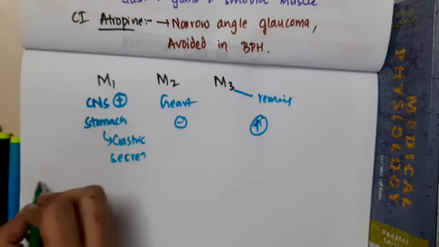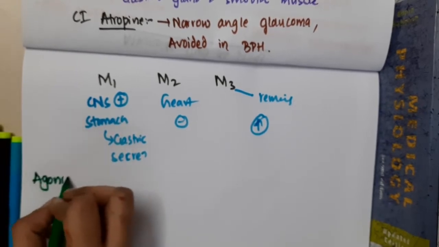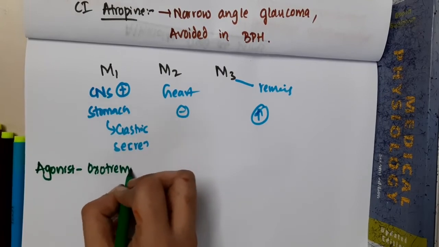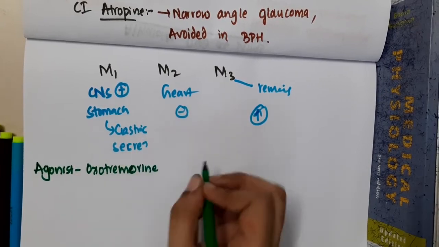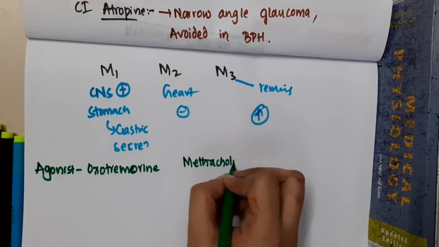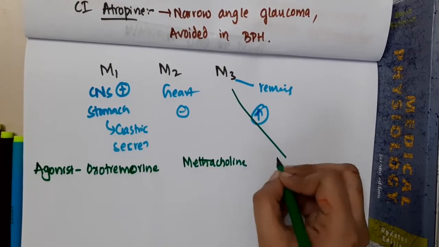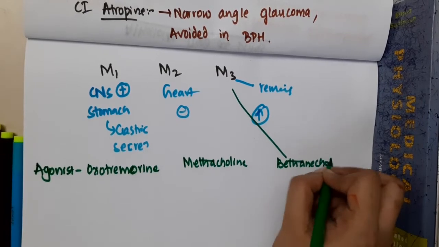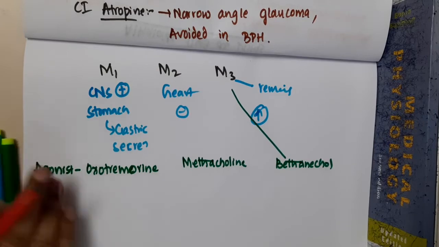So if you see the agonistic action, the M1 agonist is oxotremorine, and the M2 agonist is methacholine, and the M3 agonist is bethanechol. It is bethanechol. Okay. Then if you see antagonistic action,